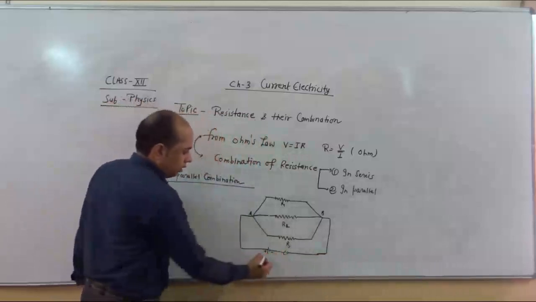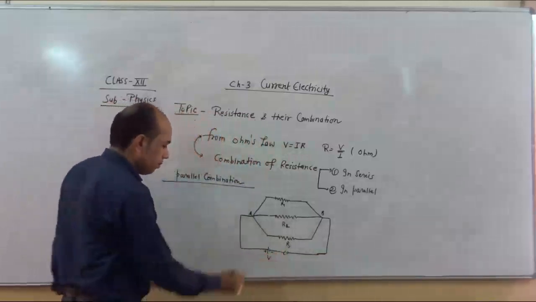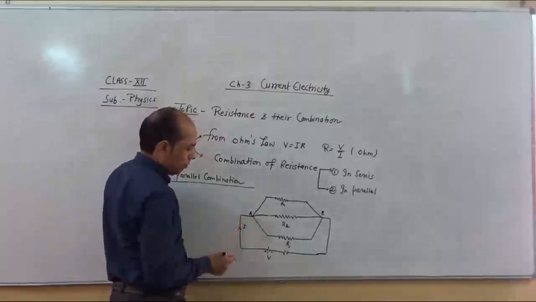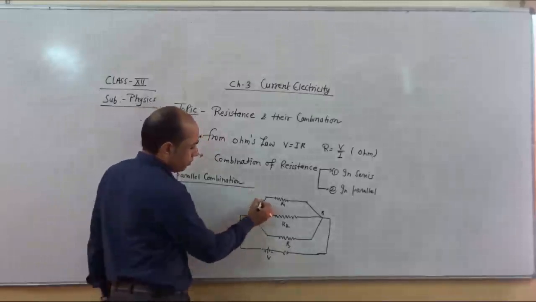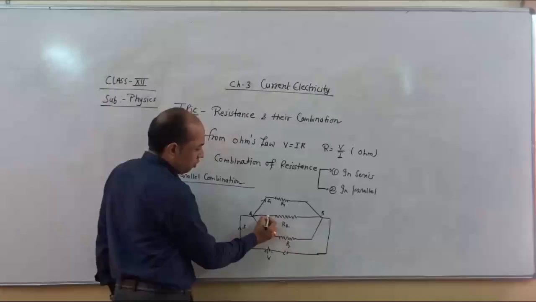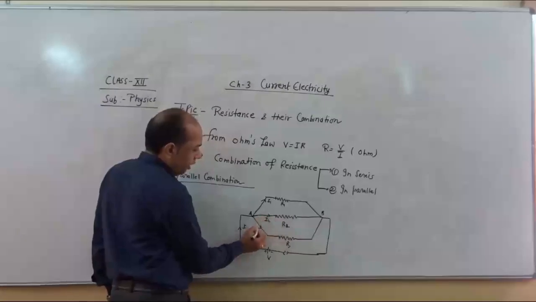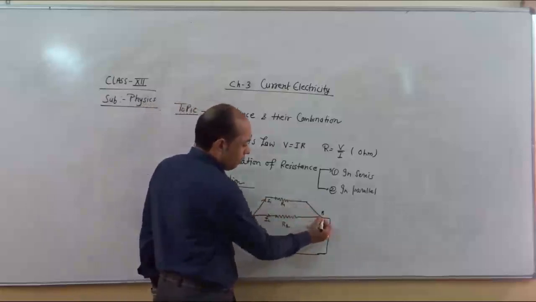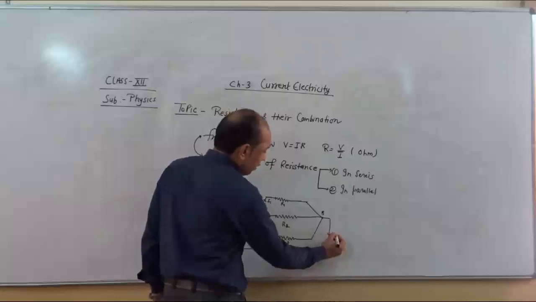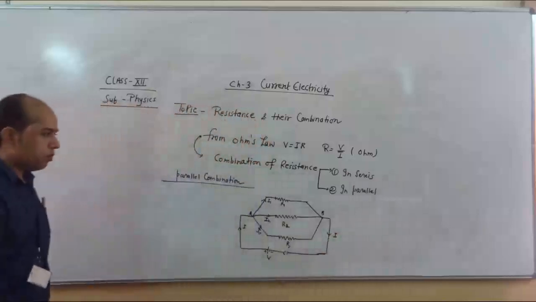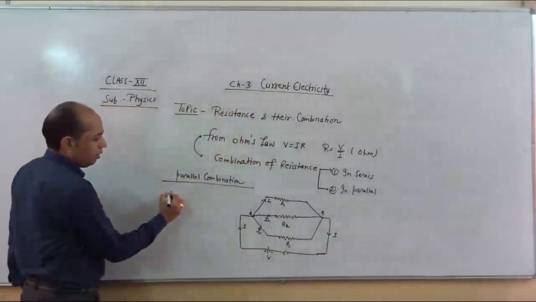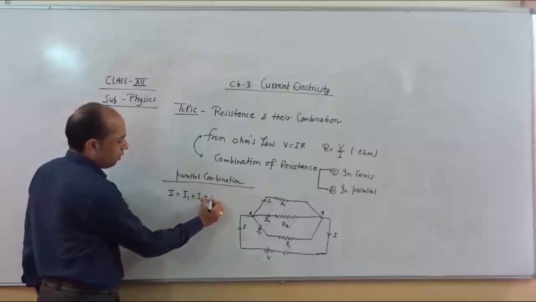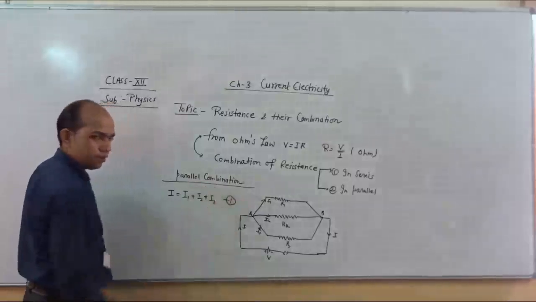When we switch on the key, the battery has voltage V, so current I flows in the circuit. Now at point A, this current I is split in three parts: I1 for the first branch, I2 for the second branch, and I3 for the third branch. Now I1, I2 and I3 all meet again at point B, and it becomes I again. So I is split in three parts, I1, I2 and I3. Say this is equation number one.